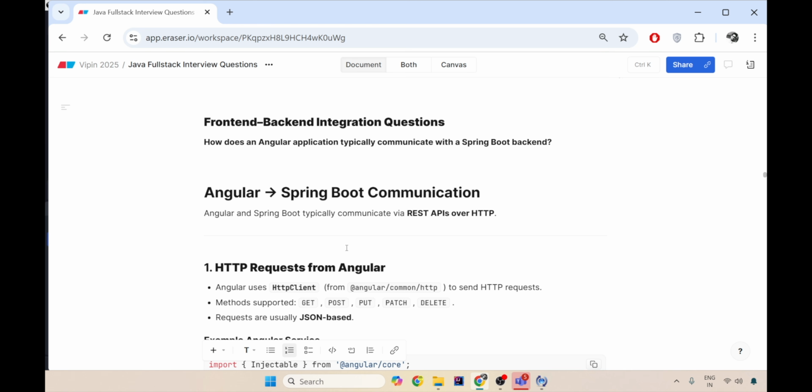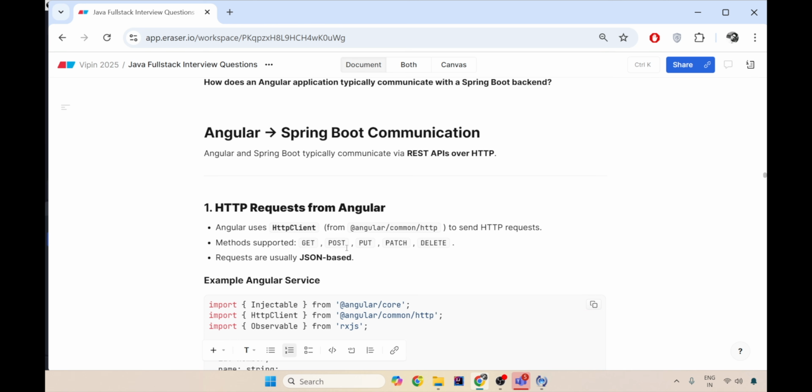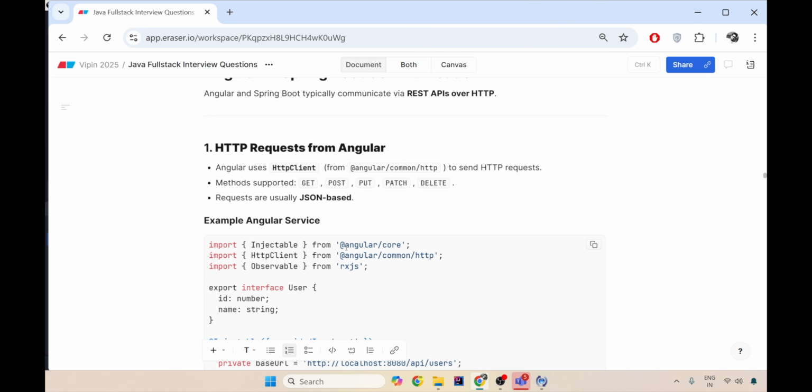How do you communicate? The first part is what we have seen from the Angular perspective: what code base you should use, how to handle retries, how to handle success, how to log the errors, how to have interceptors. Now it is on a whole application basis. How does your Angular application communicate with your backend application? 90% of the time we use synchronous communication. We can also use Kafka for async communication. But for synchronous communication, this code is something which you already know.